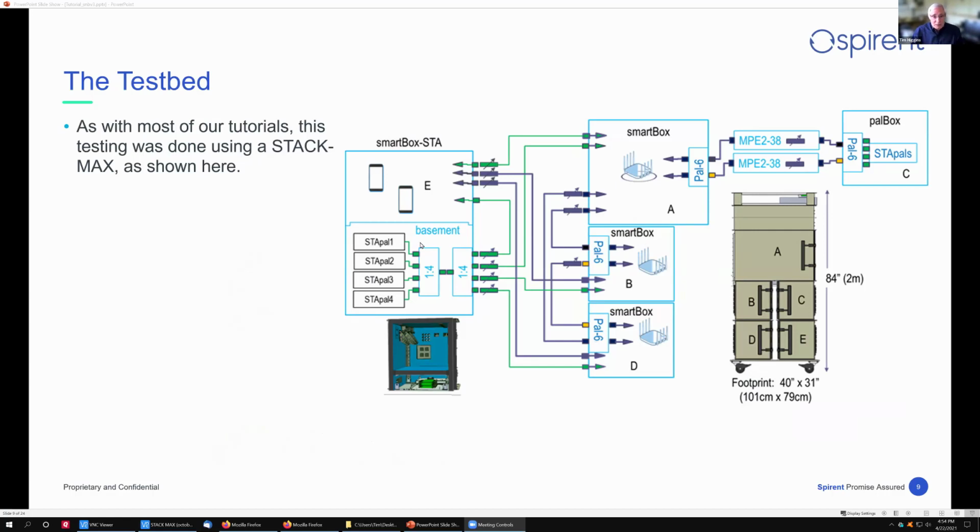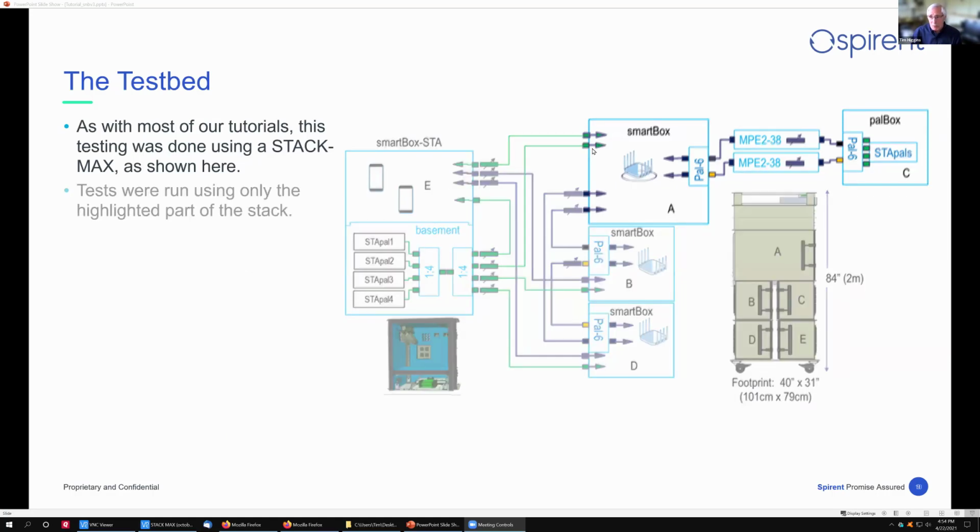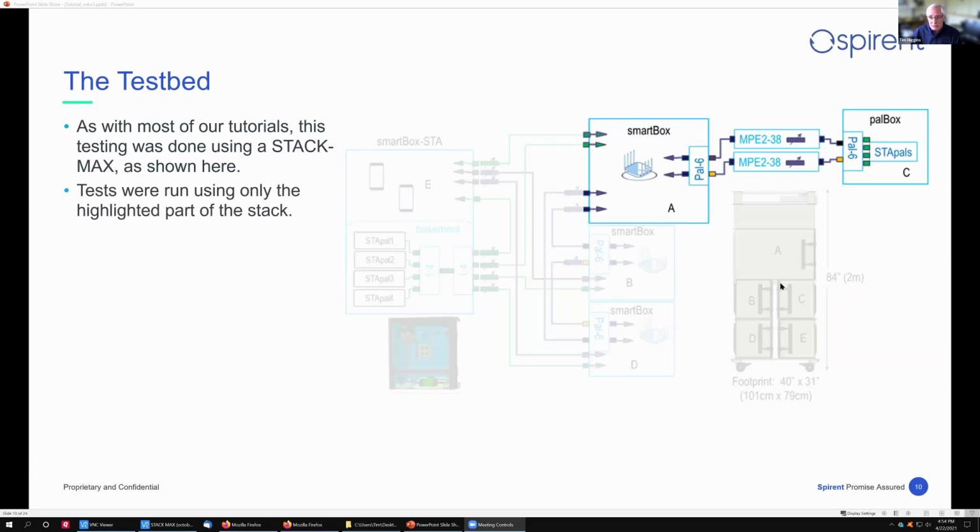It can have stations, both the PAL devices and real devices. But I'm going to be using just a very small part of this box, and it's this part here. Basically, the device under test is going to go in the big box, then a smart box, a couple of attenuators, and then connected to the PAL box. And the PAL box is where all the magic happens, at least for this demo.